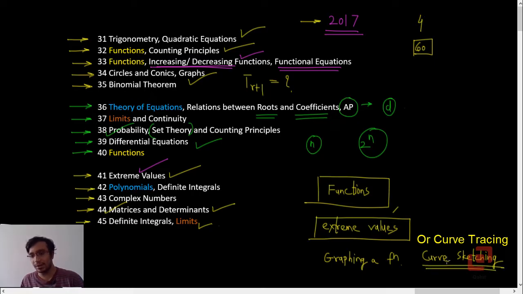So we prepare a rough sketch of the curve showing all important properties, like how many times the curve intersects the x-axis or y-axis, does it have any kind of symmetry, does it have any asymptote, and so on. That is what we do in curve sketching, and there are certain rules of curve sketching. When is the graph symmetric about the y-axis, when is the graph symmetric about the x-axis, and so on. If you know those rules, even then you can solve these questions. So this is the summary.